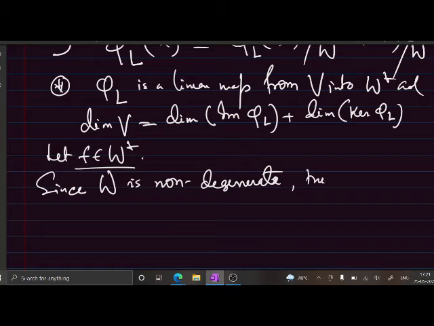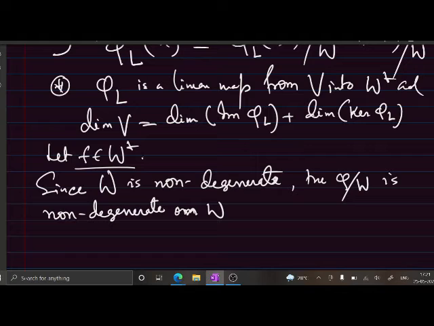the restriction of phi to W is non-degenerate, as per the definition of non-degenerate subspaces, that is, phi is non-degenerate on W. So this is a non-degenerate form on W. So you can apply the previous theorems for this form, and so there exists a unique